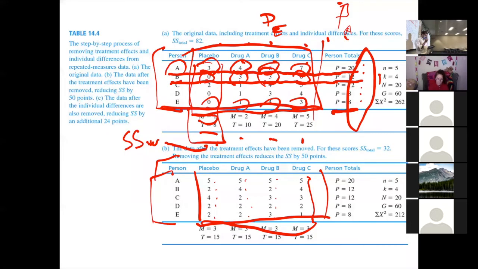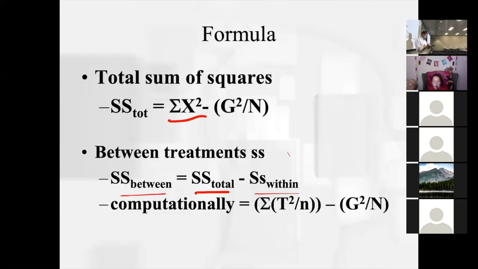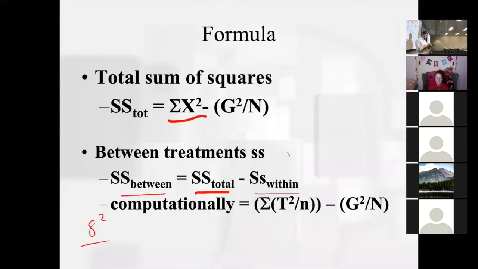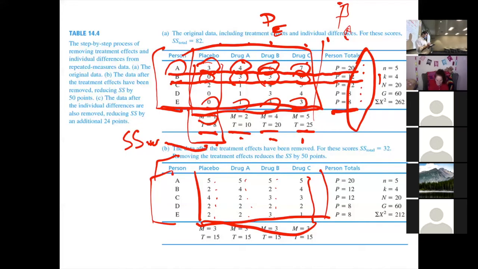And so in this case, we have our t values down here. So to get that, it would look like 8 squared divided by, what is my n? My n is 5 for each one of those,